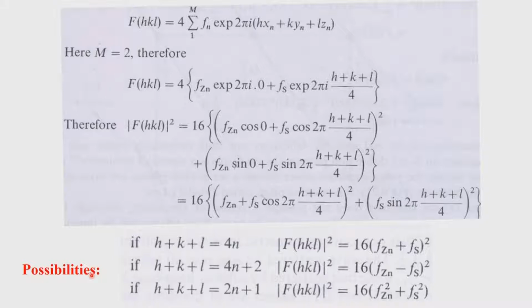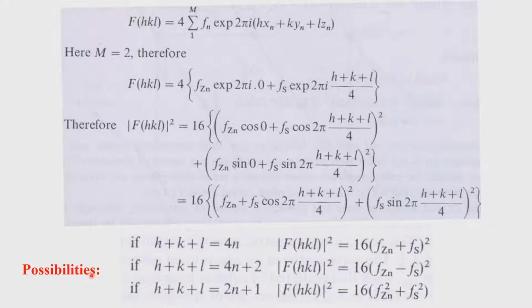Now, why am I showing this? I am showing this because zinc and sulfur, even though they are in an F centered lattice, because there are only 4 units of zinc and 4 units of sulfur, are sitting in special positions. Because they sit in special positions, effectively you will get more systematic absences. The major systematic absences come from the F centered lattice, but the fact that zinc and sulfur are sitting in special positions will also add to the possibility of systematic absences.